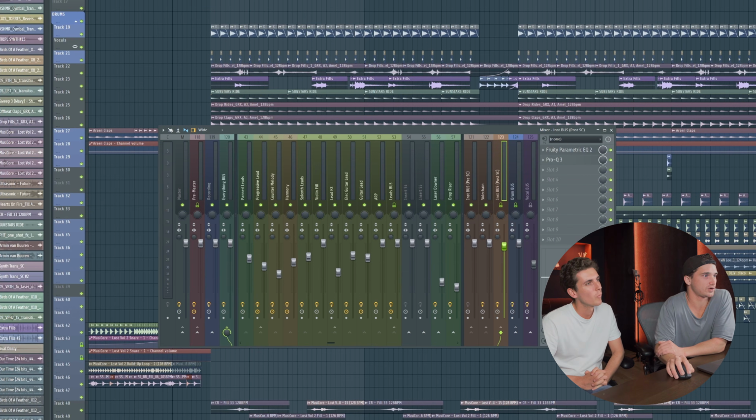Every single plugin that you're ever going to use, if you're saturating, you're just adding certain harmonic frequencies. You're just turning up the volume of specific frequencies. If you're compressing, everything that you can do in music is just frequency and volume. Those are the only two things you have. Right. So even though